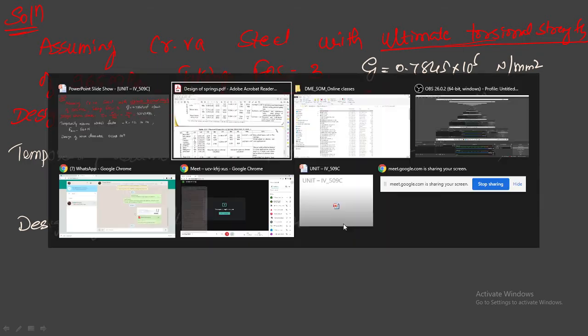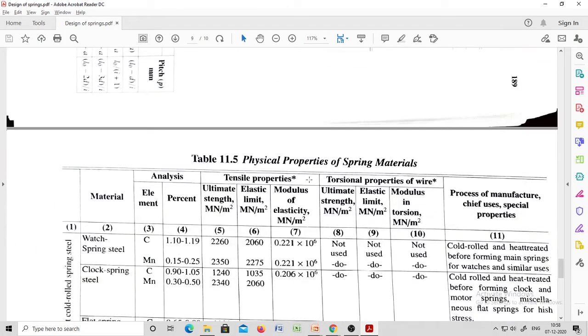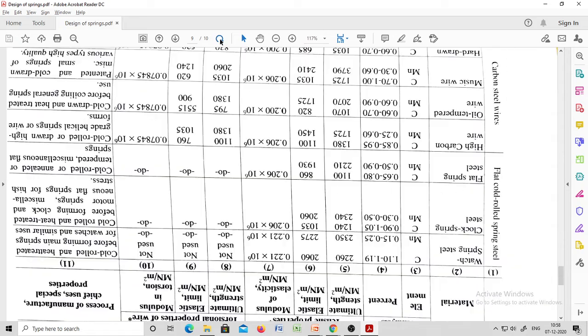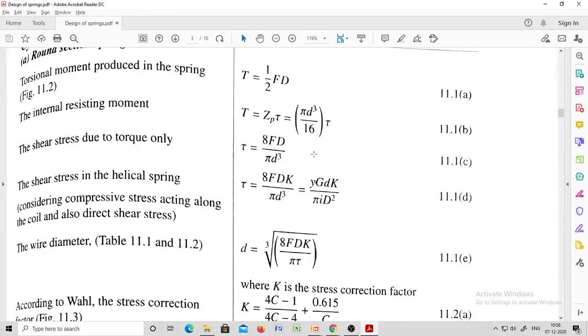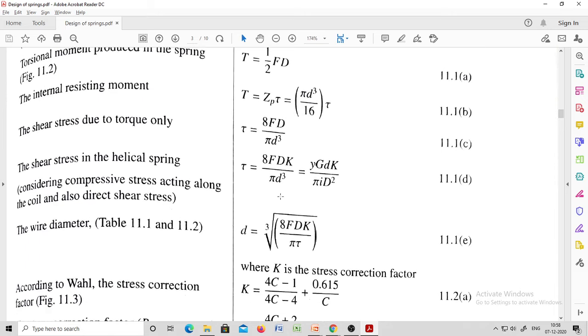Notify equation number 11.1e, or you can go for equation number 11.1d also, because the capital D is now in terms of Di and d here.